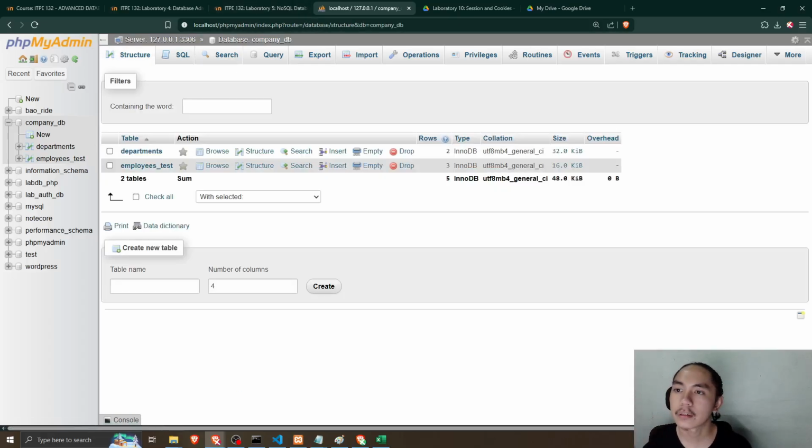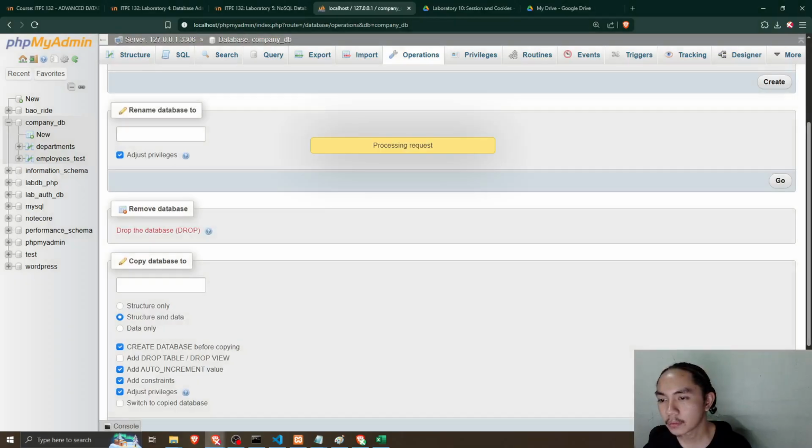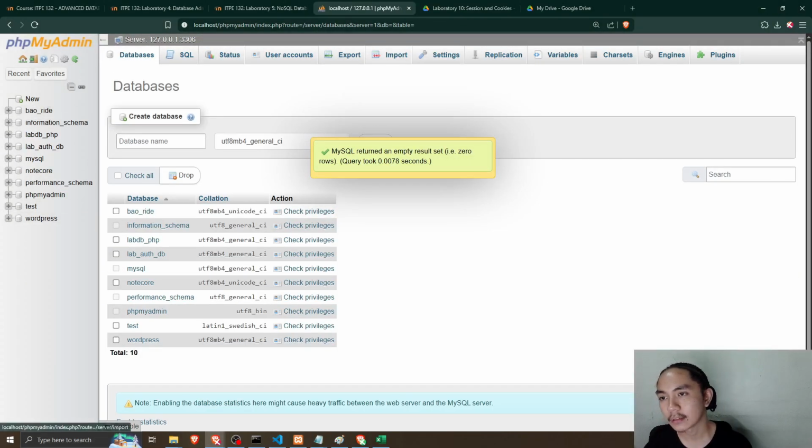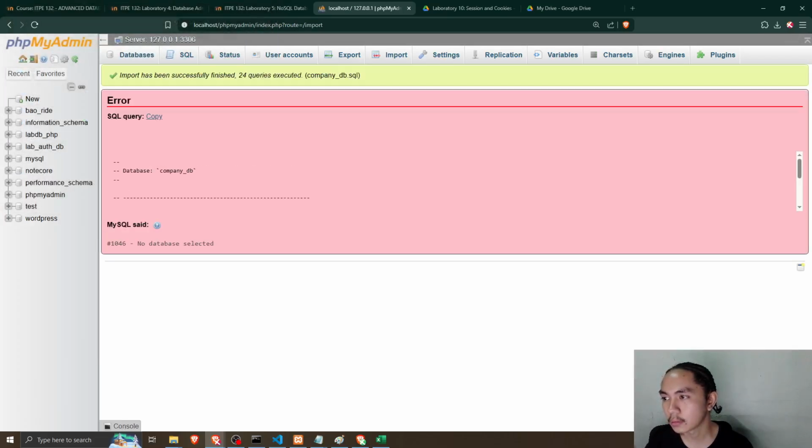So I'm not sure why. Let's try deleting this whole database, and then let's try importing our company DB SQL. So it still has an error.